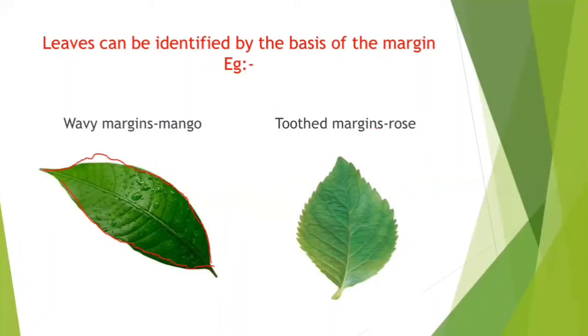And then the second one is toothed margins. You can see over here, they are sharp, though a little less sharp at the outer corners. These are mostly found in roses, China roses, and other plants, and in prickly poppy the most. They are very sharp and pointed. If you touch them, it would hurt a little bit. So these are wavy margins, and these are the toothed margins.